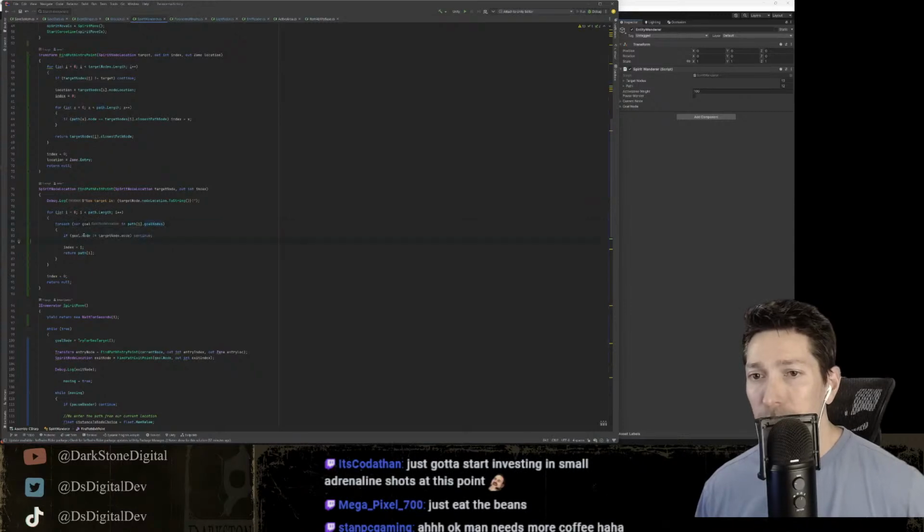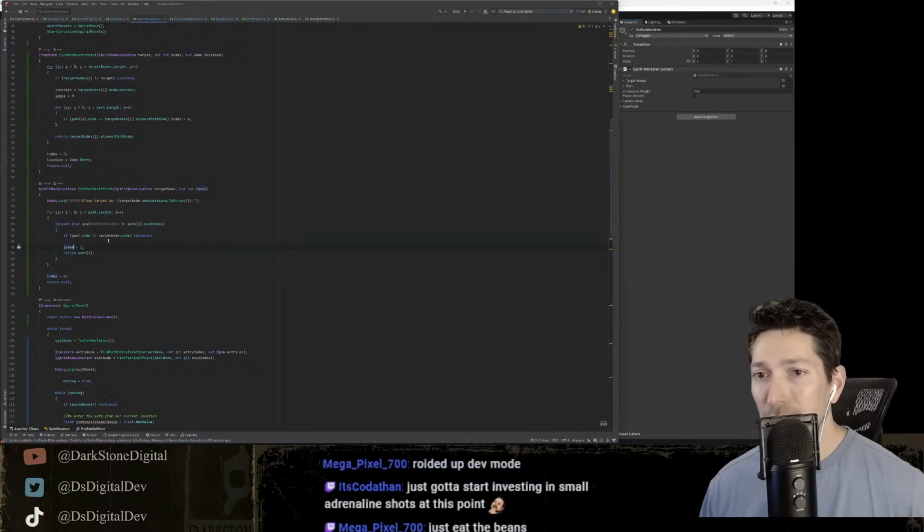And if our goal node transform does not equal the target node that we're going after, dot node, so the transform, then we ignore it. And once we find it, our index becomes I, so that path node, we go, hey, this path node has what we need. This is our path node. And we spit that out so we know that that is our exit point.